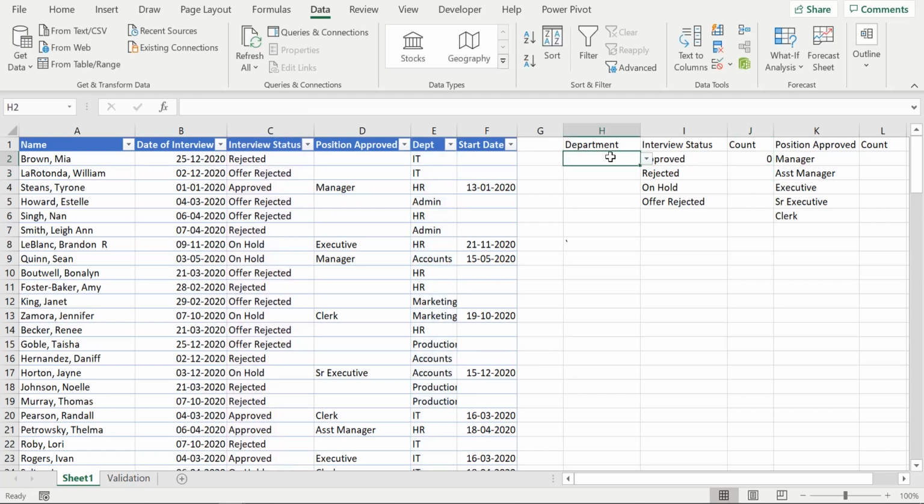Okay, so since there is no department selected yet, let us say we now have the HR department, and in the HR department we have 6 approved. So I have told Excel to count for me the number of candidates with approved interview status from the department HR.